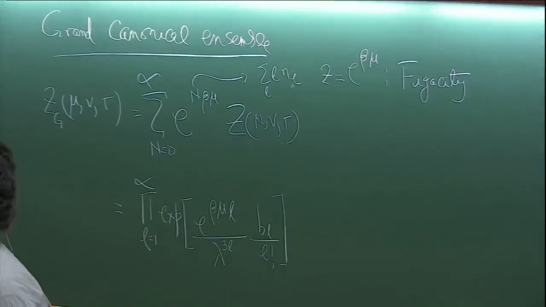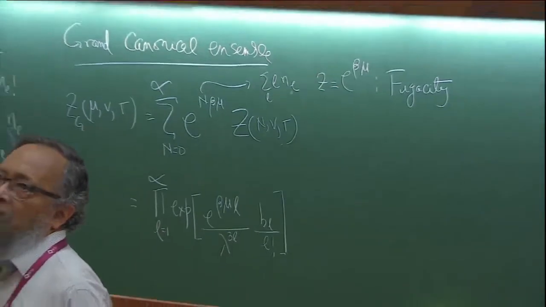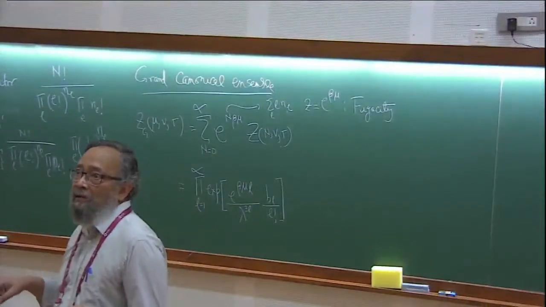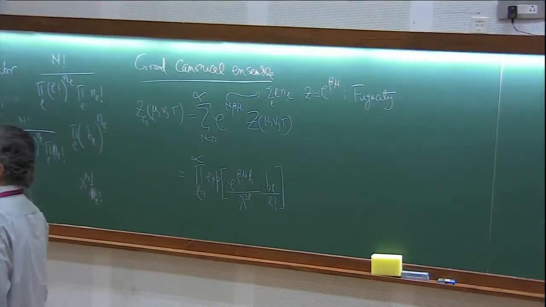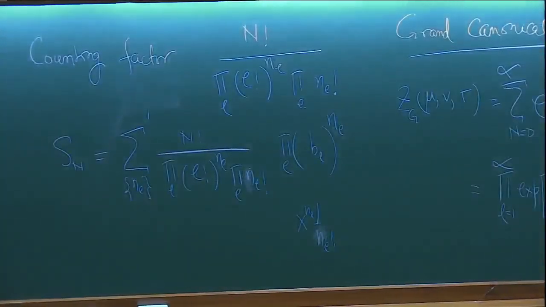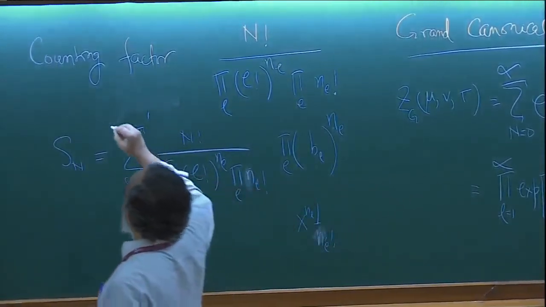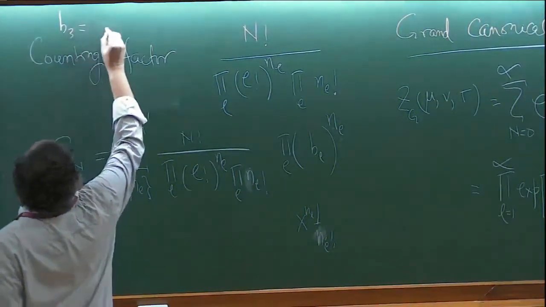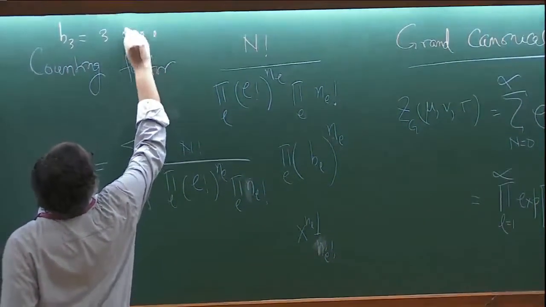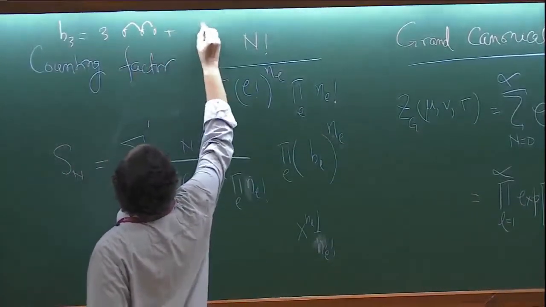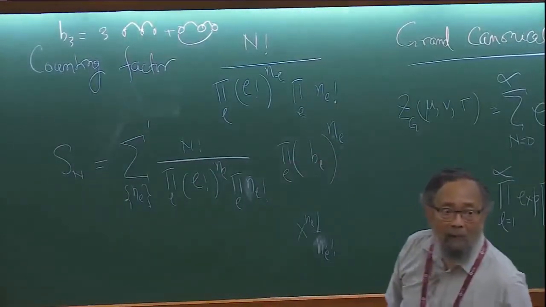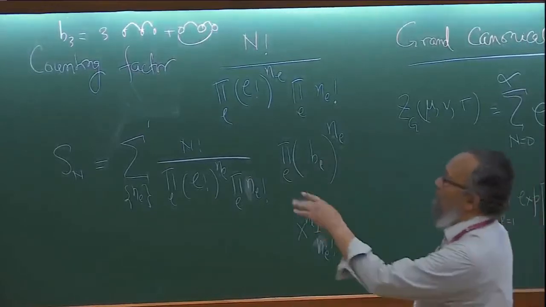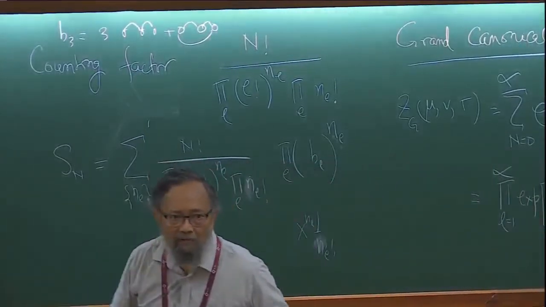Yeah, so there will be a V3, which will have a contribution coming from the situation where all three are connected. There will be also a contribution coming from where they are connected in pairs. But in pairs, there are three different ways in which you can do it. So that factor of 3 has to be included. So this B3, if I want to write it diagrammatically, B3 will be 3 times this diagram plus